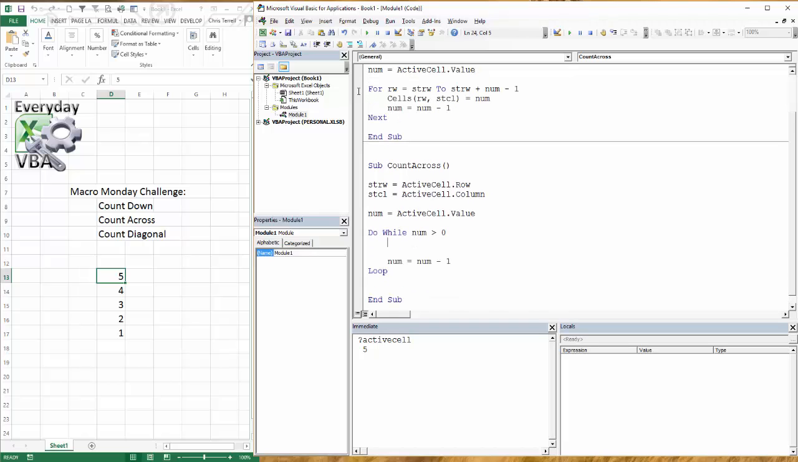And now what we need to do is go cells strw, comma stcl is equal to num. And now the easiest way to do this is you're just going to go strw equals strw plus 1. So what that's going to do is that's going to do a counter, and I'm actually